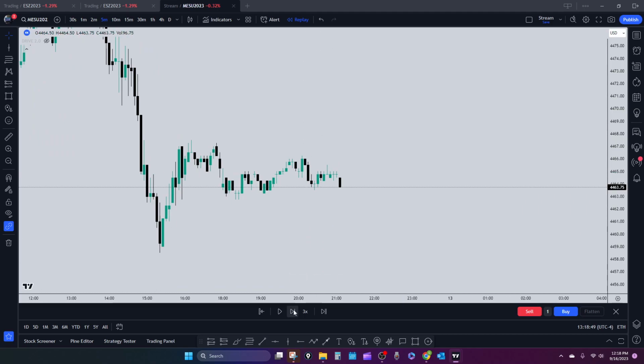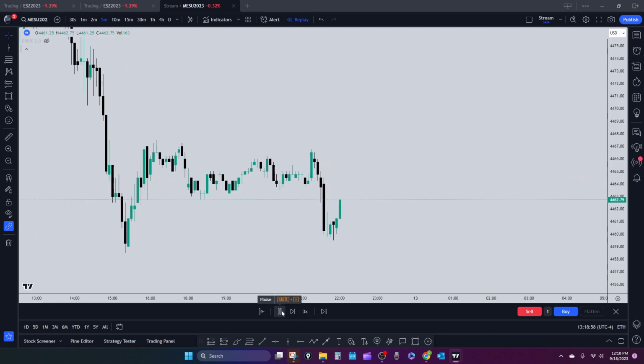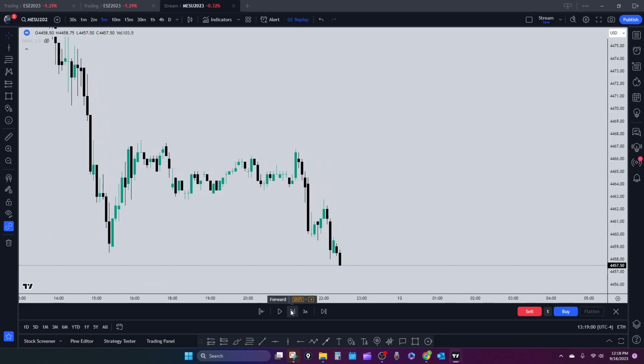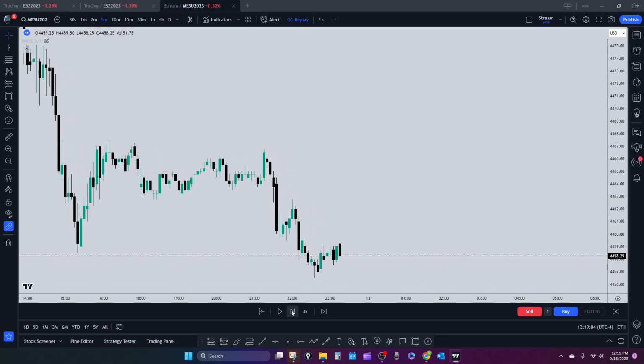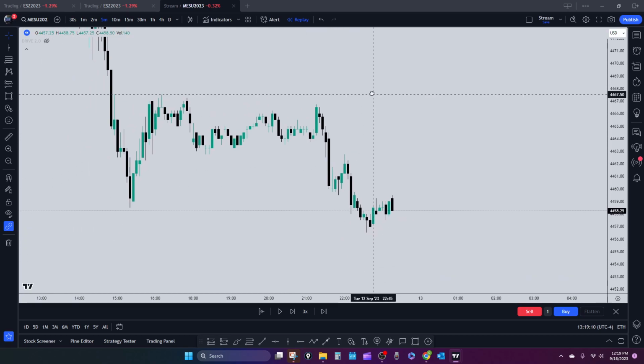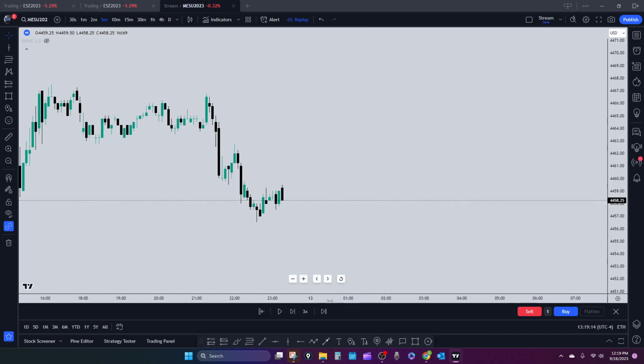If I want to go forward, this is forward by one click, so you can click it and stop, because a lot of times at 3x speed or faster it'll go too fast and you might miss something, so you can just click it through yourself, candle by candle. And then this is jump to real-time chart, which takes us basically to the end. So you can also buy and sell on here. I haven't used that a lot, but